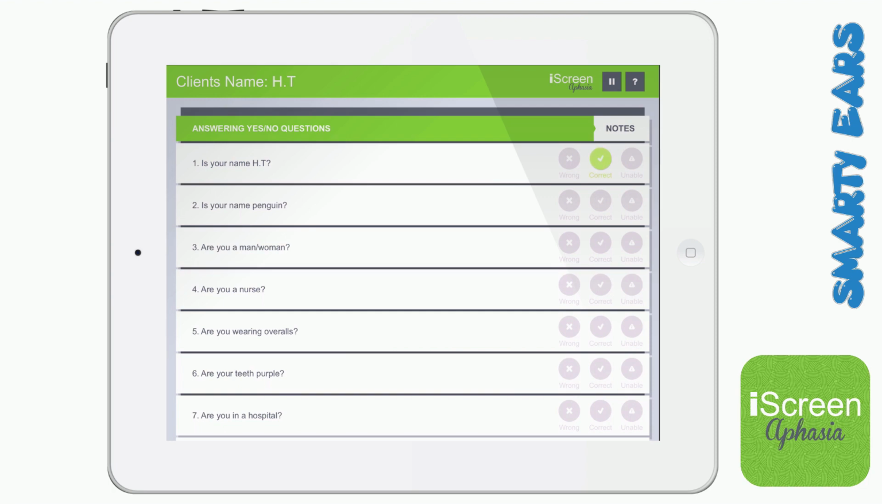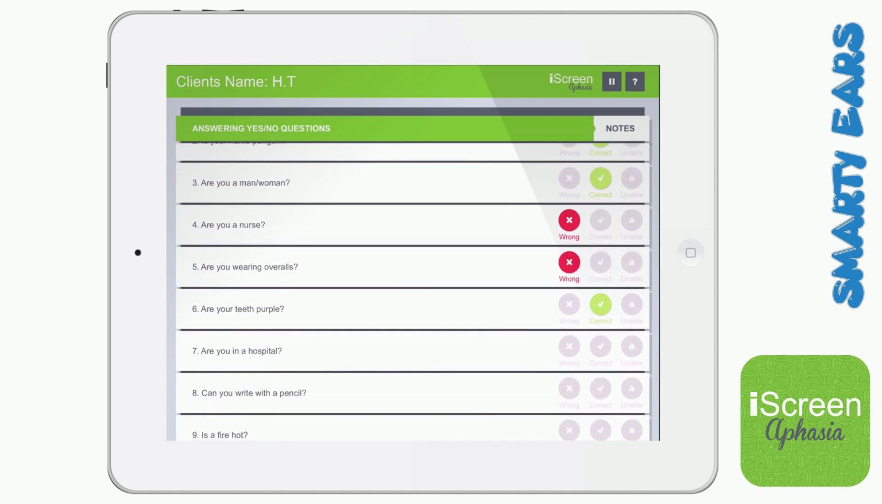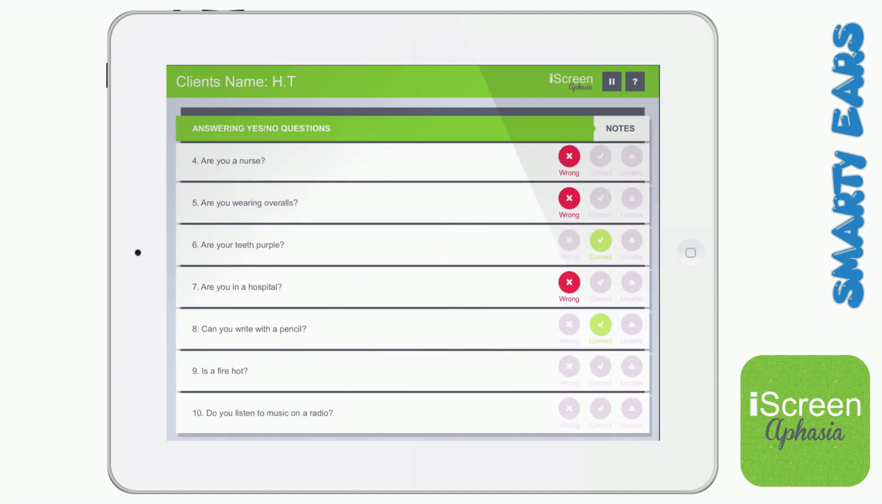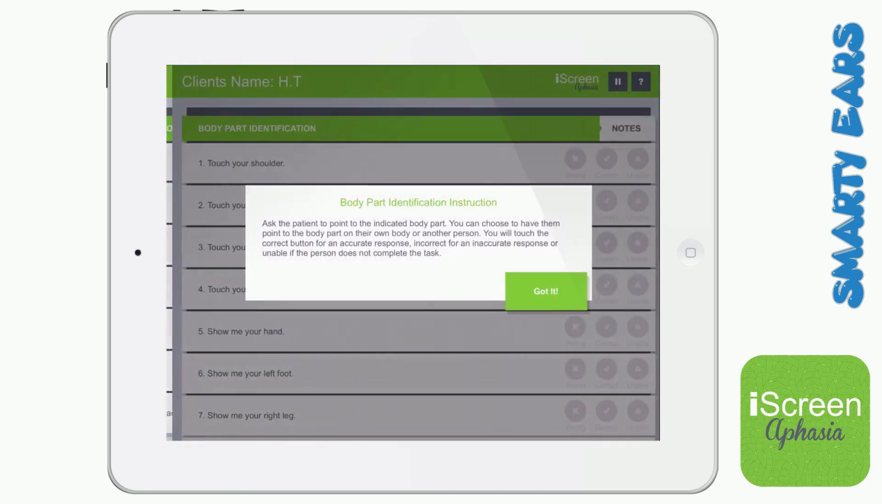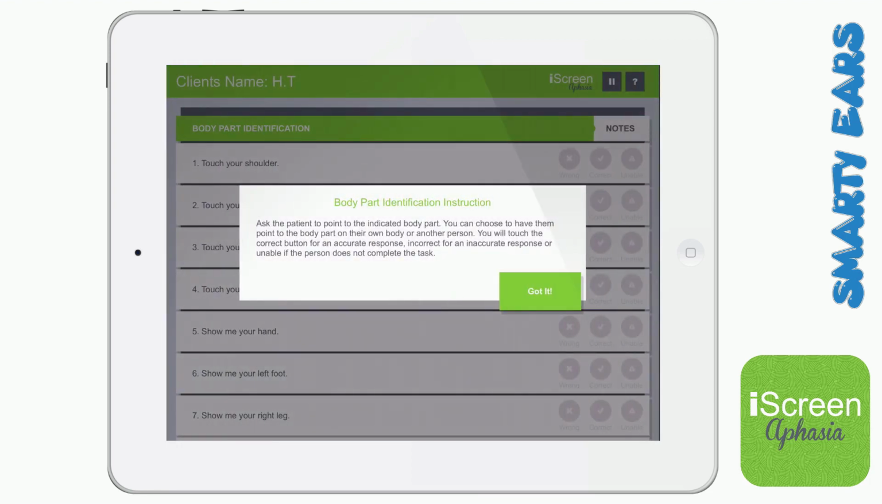And let's say he got it correct. Is your name Penguin? No. So if he got that, you mark correct. Are you a man or a woman? If he responds correctly, mark correct. And you go on through the answers to see if he responded to the yes, no questions correctly or incorrectly. Once you're done with that part, the app automatically goes to the next set of questions, which in this case